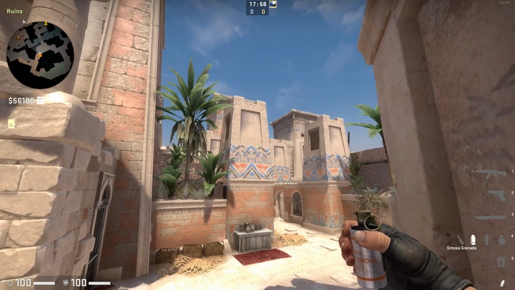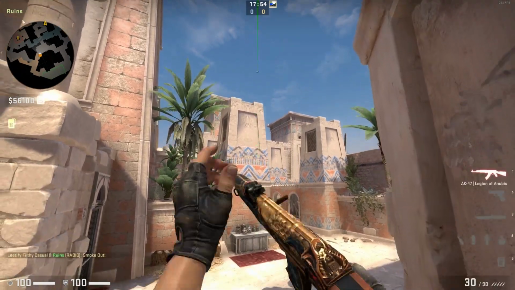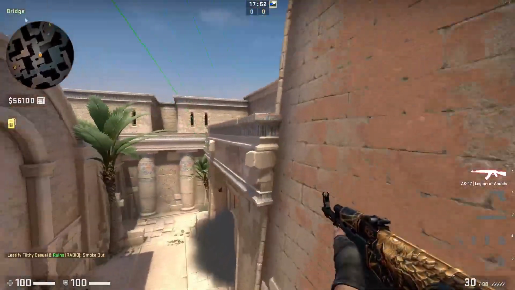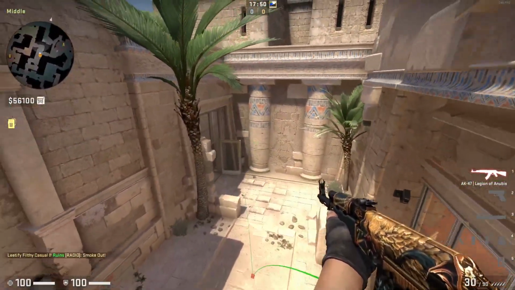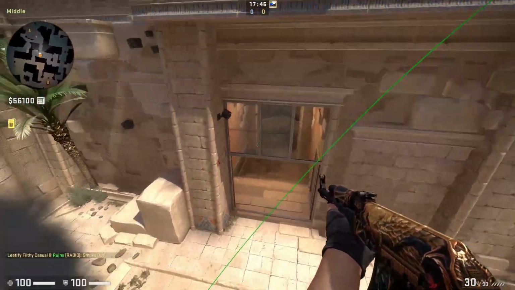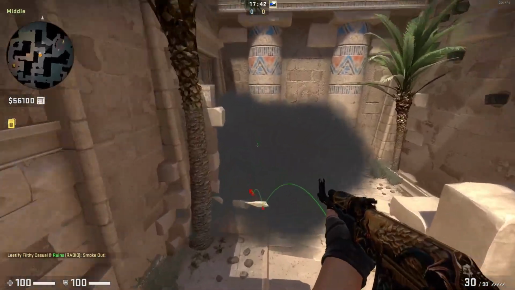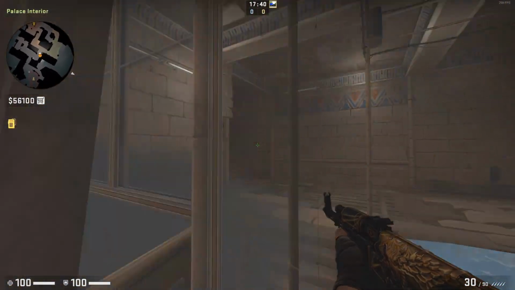Line up and then aim right there. There you go. So that one will smoke B connector, and then the A connector one will hit the window and just kind of drop right there. So you can smoke one of these two things off if you want to kind of split through and get